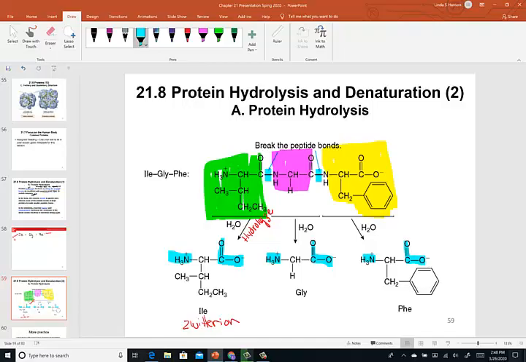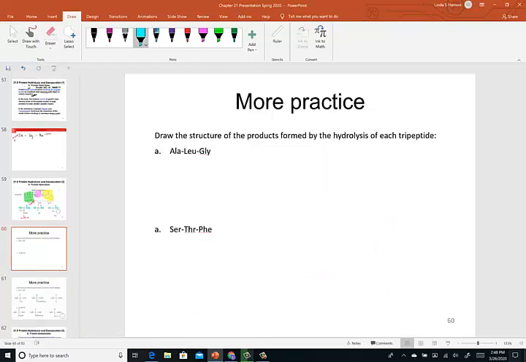It's another opportunity to keep practicing your 3-letter codes, making sure that when you're given those 3-letter codes, you can draw the amino acids given the tool page. You're going to break the peptide bond and just reform the Zwitter ion, the process of hydrolysis. I want you to practice some more. See how well you can do without looking up the 3-letter code structure,